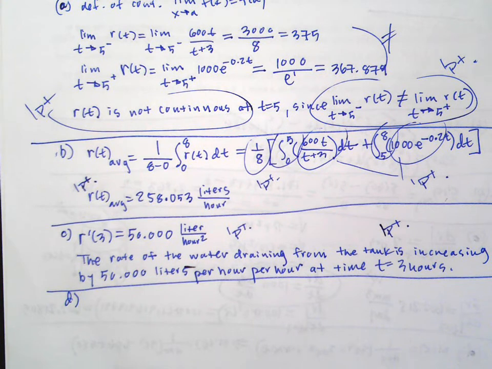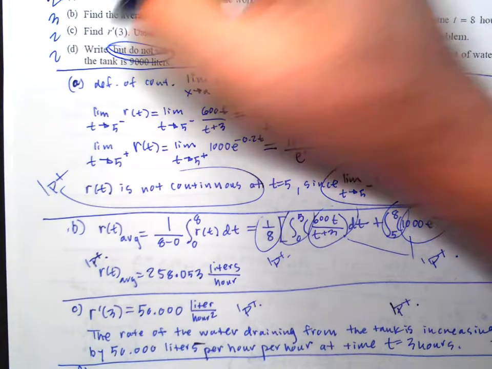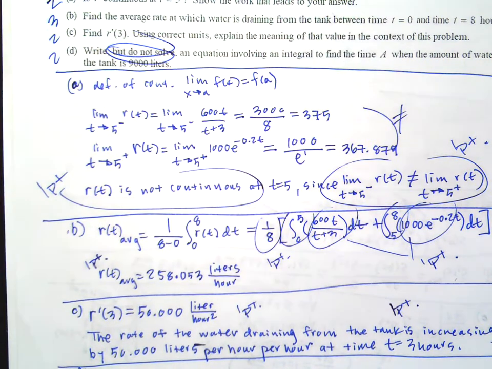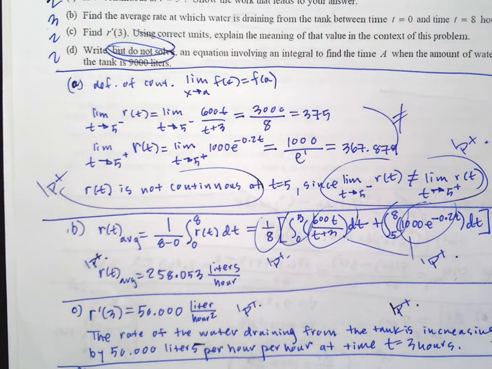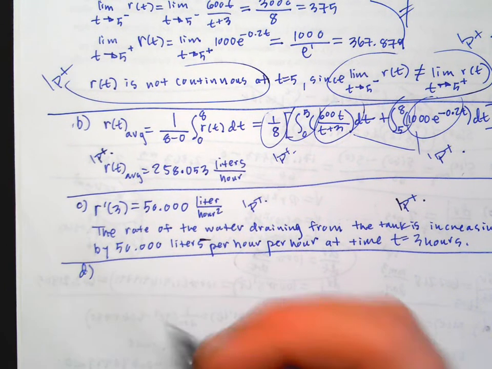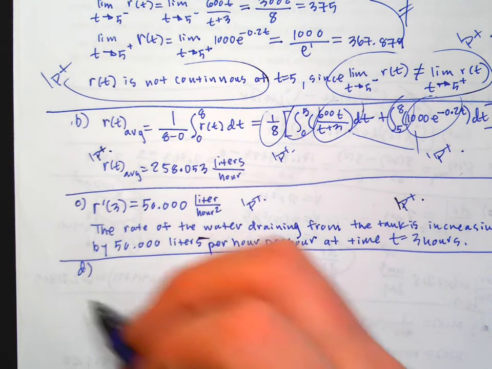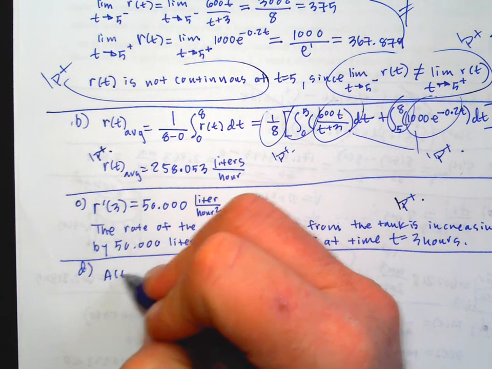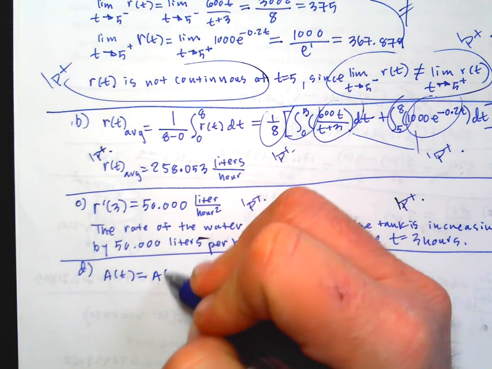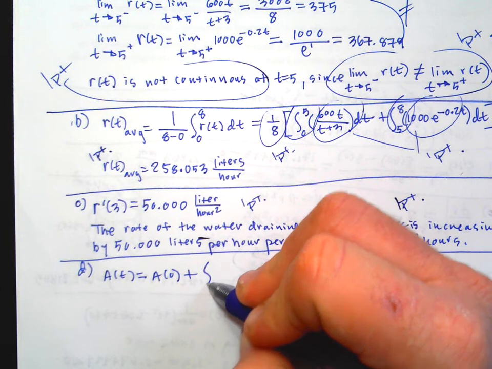D says write but do not solve. Please make sure you don't solve it. An equation involving an integral to find the time A when the amount of water in the tank is 9,000 liters. So it starts out at 12,000. So this is kind of like the rate model part of it. Like the amount of water in the tank is equal to the amount of water at time 0 plus the amount of water coming in, right? The entering rate